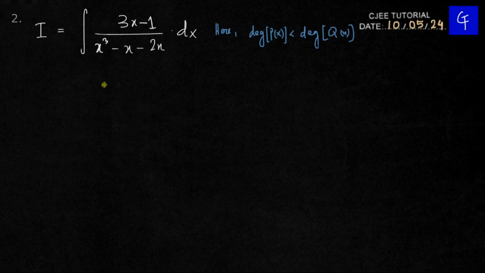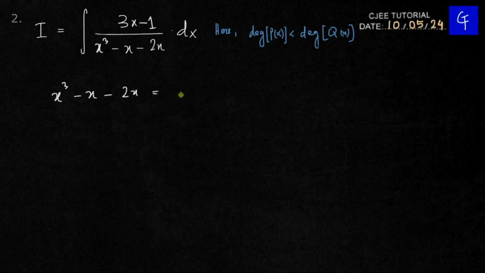This one is a little bit more difficult because the polynomial at the denominator has a degree of 3, and the polynomial at the numerator is a linear polynomial, so it has a degree of 1. So we cannot simply proceed with the division, and what we can do is factorize the polynomial at the denominator completely into 3 linear